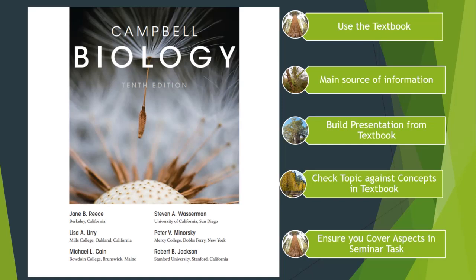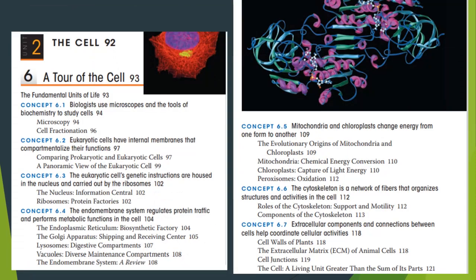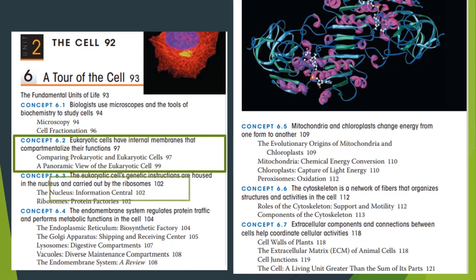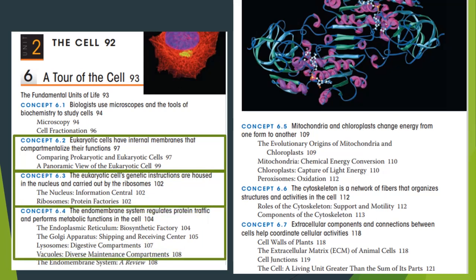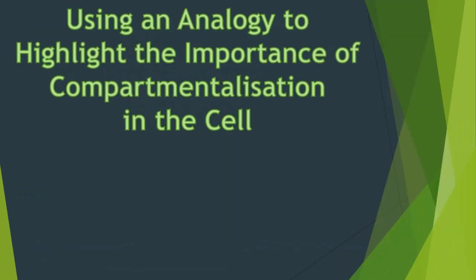Just a reminder, this is giving examples. As I've shown here, you need to firstly explain why eukaryotic cells have internal membranes that compartmentalize their functions. Included in that, you need to give examples. For example, the nucleus as the information control center is separated from the ribosomes, which are the protein factories. The endomembrane system then has various